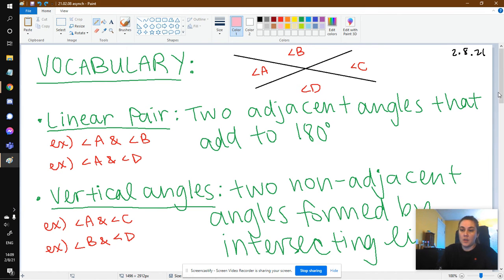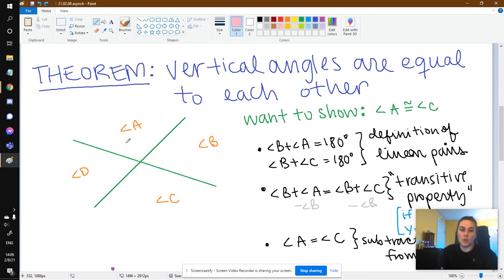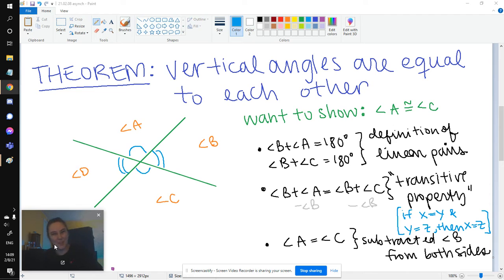And then we know a theorem about them, which is vertical angles are equal to each other. So A is equal to C, and D is equal to B. That's the theorem, right? If we wanted to prove it, which I like proving stuff, so I do,